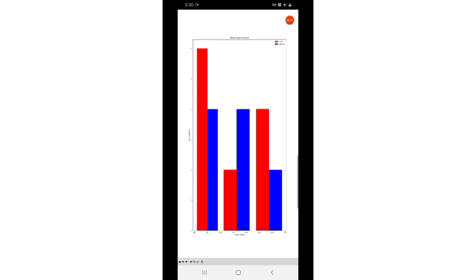Now this is our graph, and in this graph you can see the x label is given, that is sugar range. The y label is given, that is number of patients. Then the range 80 to 100 has 2 bars because there are 2 data sets.